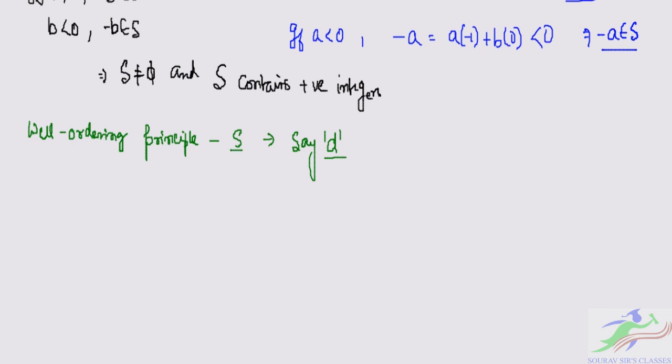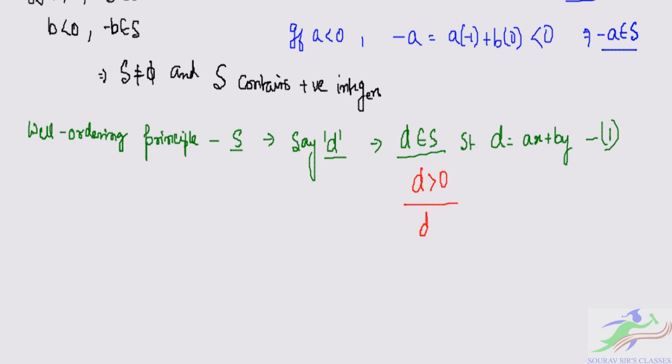Now D belongs to S, such that D is equal to ax plus by for some integers x and y, and let us take this as equation 1. So x and y are some integers, and D is greater than 0. Now to prove that D is the GCD of a, b,